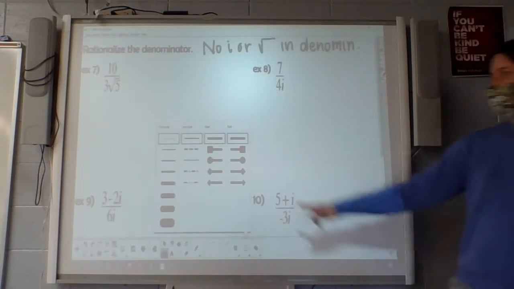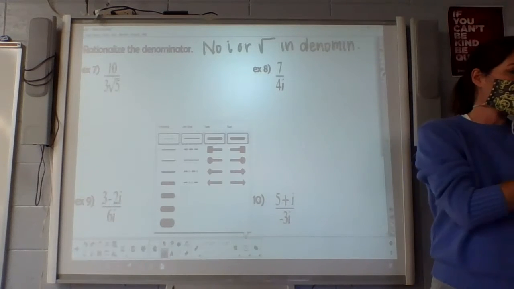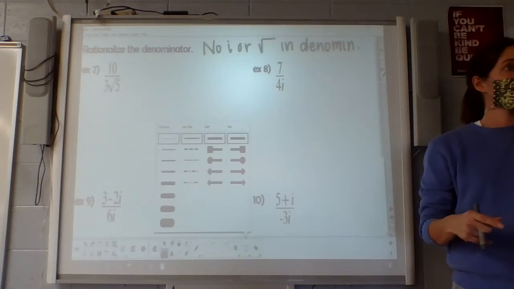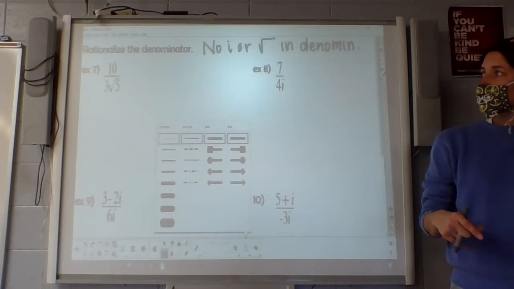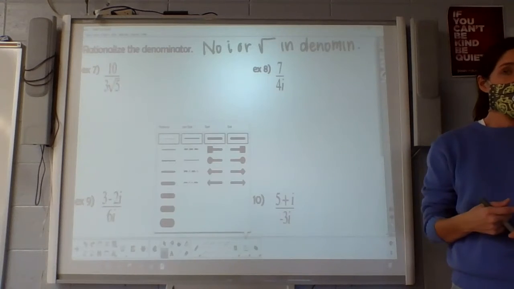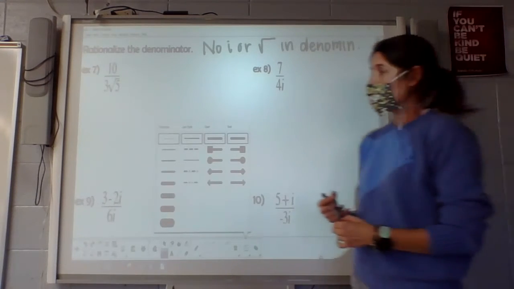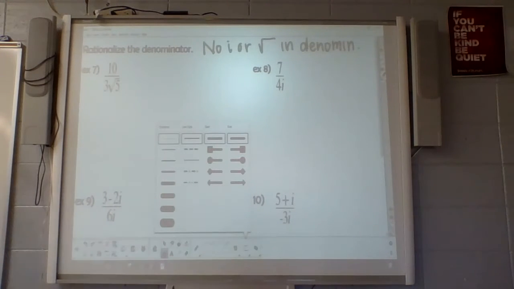Okay. So guys, in example 7, what do we want to do to get rid of the radical in the denominator? Multiply both the top and the bottom by 3. 3 square roots of 5 would work. Anything else we could multiply by? Square root of what? 5. Yeah, you can do 3 square roots of 5, or you can just multiply by the square root of